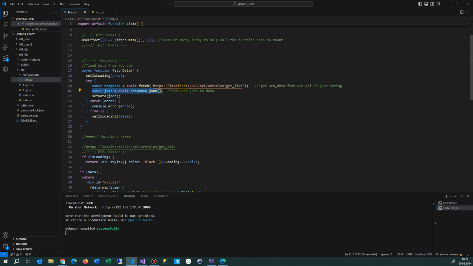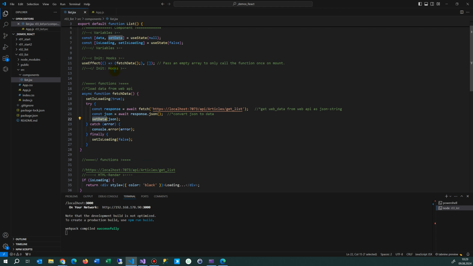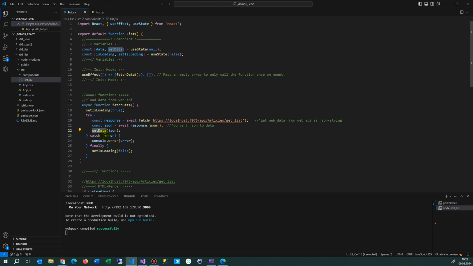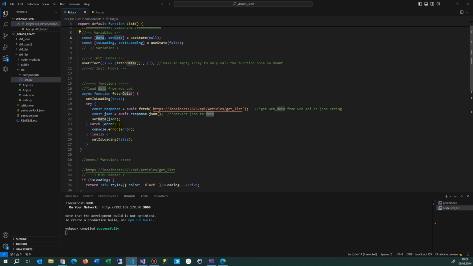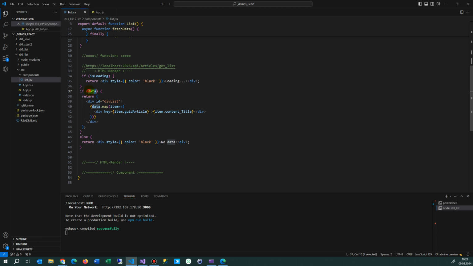Convert that stuff, all what you get there. There's a lot of text in there. Convert it to something useful. So this is an array, and from the JSON, so transfer JSON, always the data in the future are always JSON format, and then it's set to data, and set data is the method to load the data, and this means when the data is there, if data is there, then return